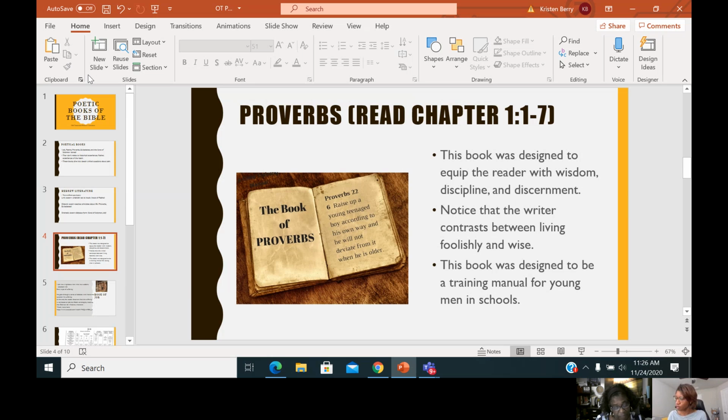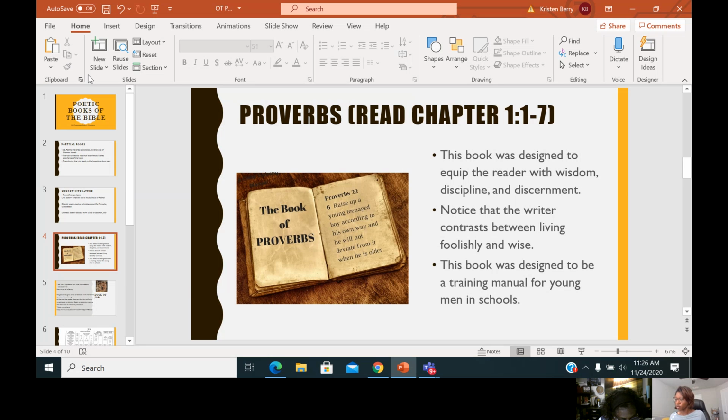All right, thank you, Opal. So this opening tells us a lot. One of the authors, if you look at your Bible, is thought to be Solomon, and Solomon was a king. And one of the themes that we see just opening up here in verses 1 through 7 is, if you look right here in verse 4,